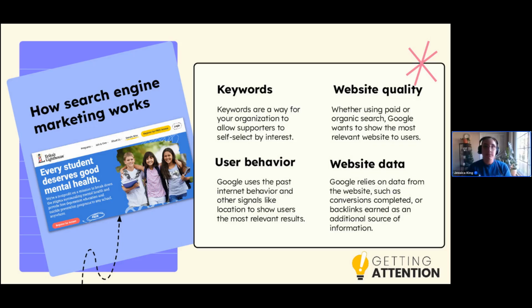Google processes something like 8 billion with a B searches per day. So there is a ton of activity on the platform. And it is very possible to rank and to show up and to sort of be harvesting the ways that people are already behaving on that platform in order to get them looped in with your cause. The things that go into Google showing one website over another or showing one ad versus a different one. One of them is website quality. So this, again, we're going back to this idea that your website needs to be fairly well built out.